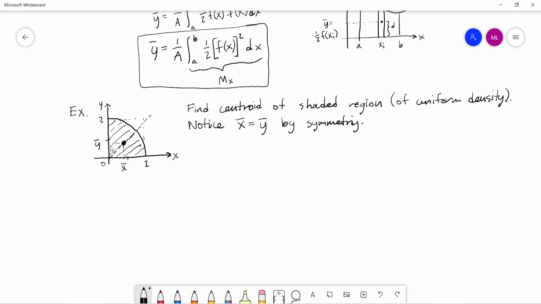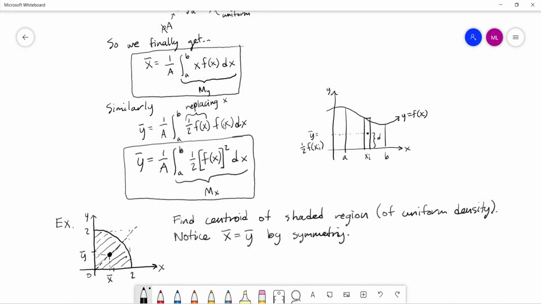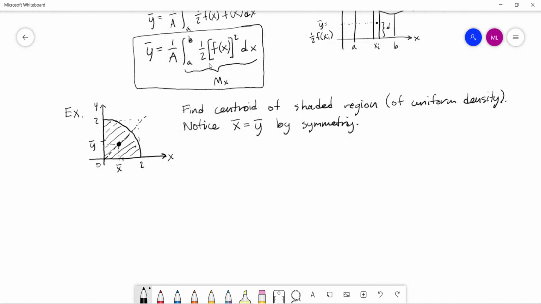Okay, so using that symmetry, we just need to find one of these. And so let's pick which formula looks easier. I'm guessing that this formula is going to be easier. I'd rather deal with x than with f of x. Okay, so let's find x bar,